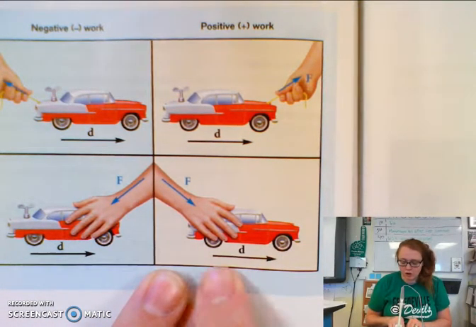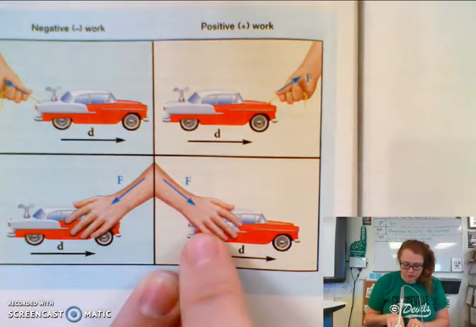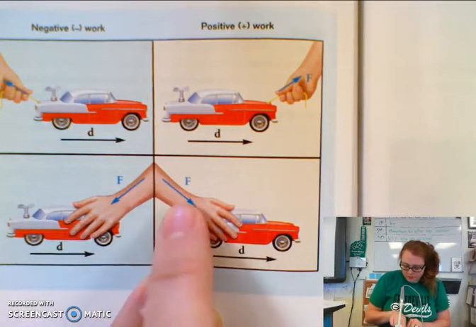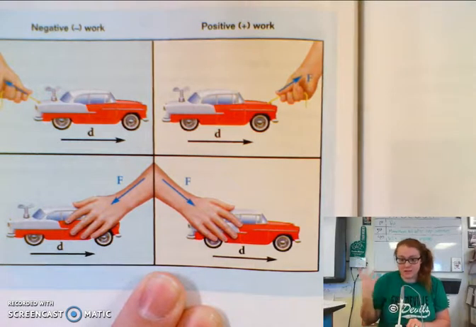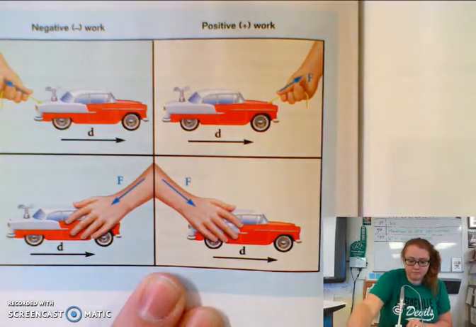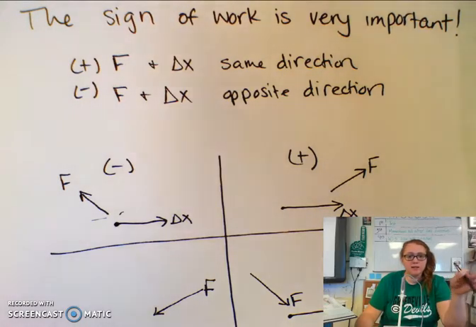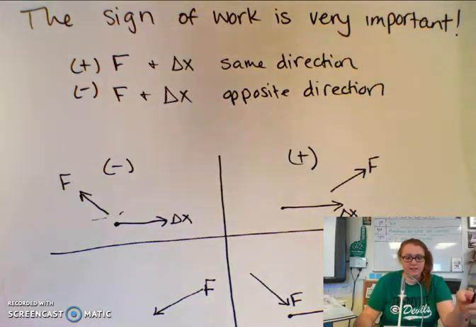And in this example, we are moving to the right. We have a force coming in. The component of this force is going to be in the same direction as our displacement, so we have positive work. Well, that's all I have about work. Just remember, work is a transfer of energy. We're going to get into a lot more difficult examples, and hopefully your understanding of work will increase as we go through the unit. Go ahead and go to the next video, which is going to have 4 examples of work and how we deal with that and looking at our signs.